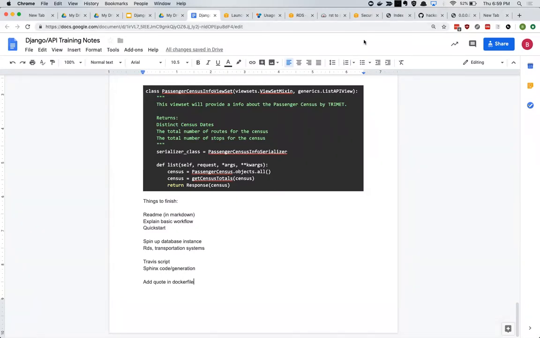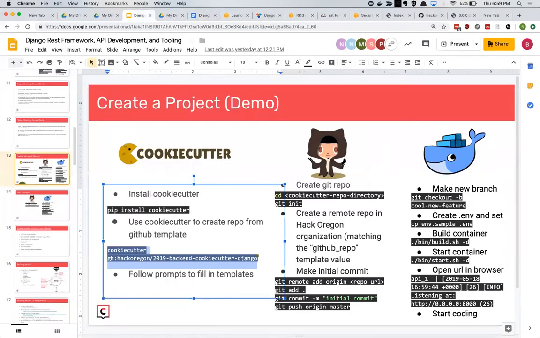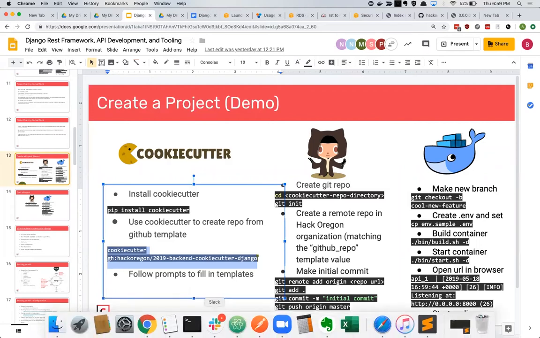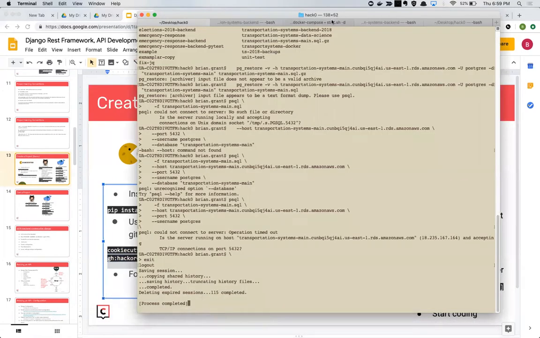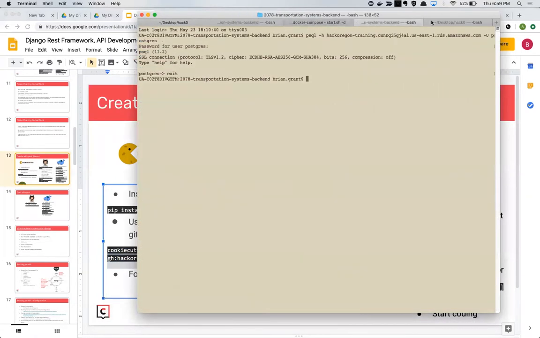So does everyone have a cookie cutter spun up then? Yep. Let's see there. So yeah, provided you got that going. Now,